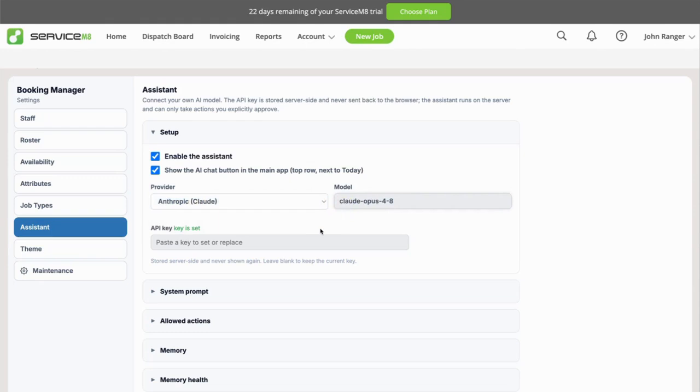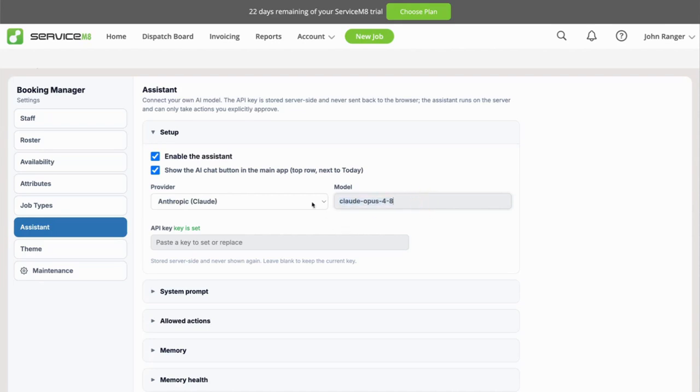And then over here, you've got your AI model, and we are using Claude Opus 4.8. Now, it's important that you understand how those model names are rendered. If you're not sure, then do a Google search, but you'll need to use the correct naming convention for that model. We've left it as free text because these models are changing so often. Like every week, there seems to be a new version coming out. So it's kind of pointless hard coding these models into this app. So you just got to go and make sure that you understand what model you're using and then fill it